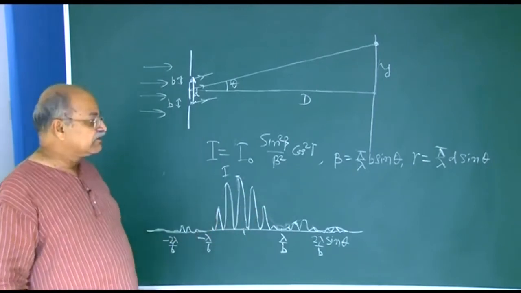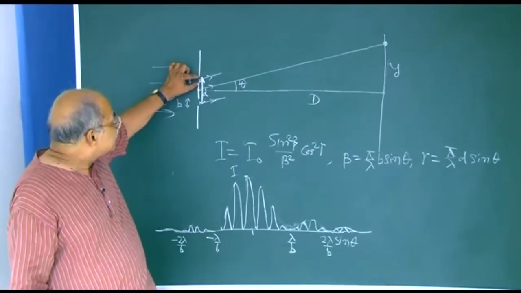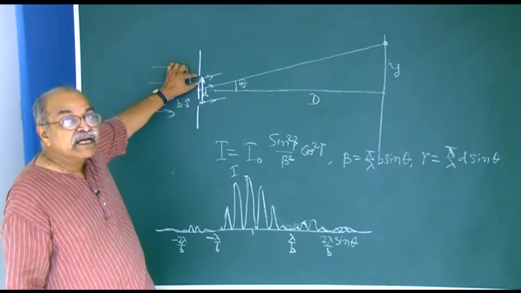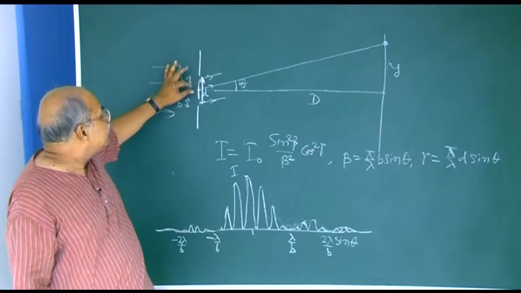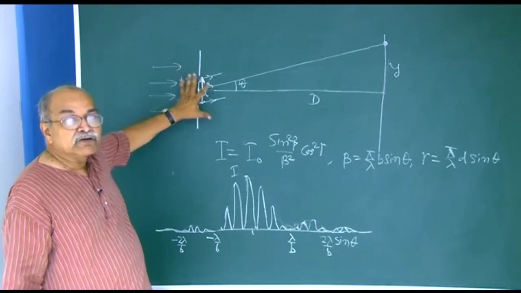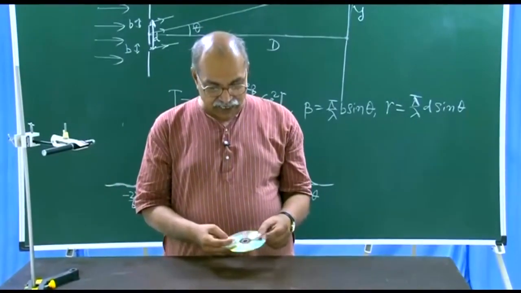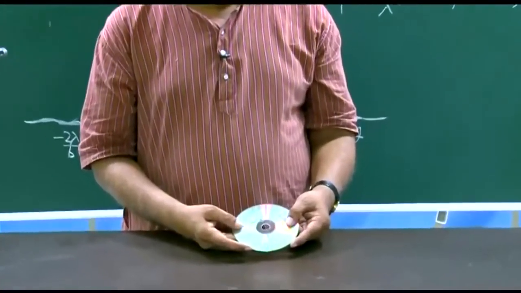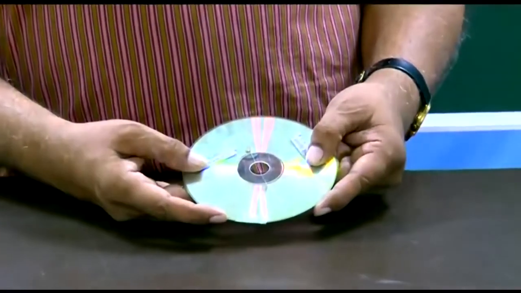It is not very difficult to arrange for a double slit. Remember, all these widths should be small, it should not be very large compared to the wavelength. So you should not take millimeters, make it as small as possible, 10, 15, 20 micrometers will be good. To make the double slit, we have taken once again a CD, and across that central hole we have fixed a thin wire,